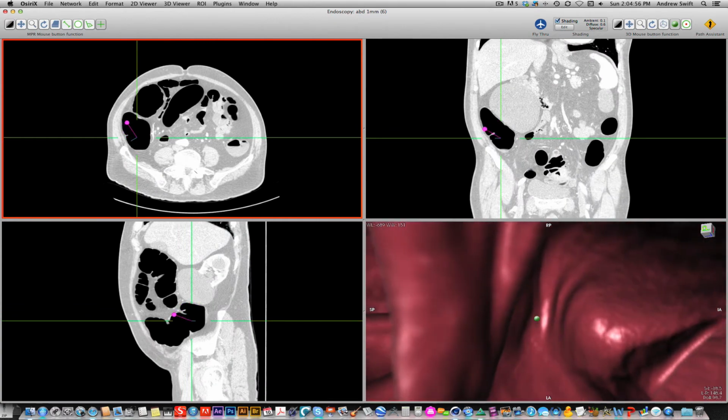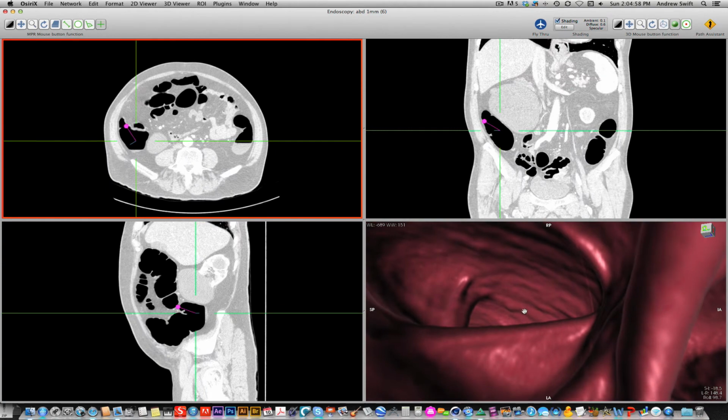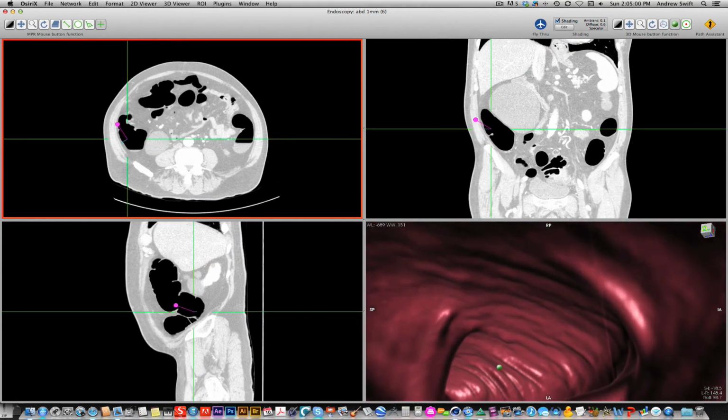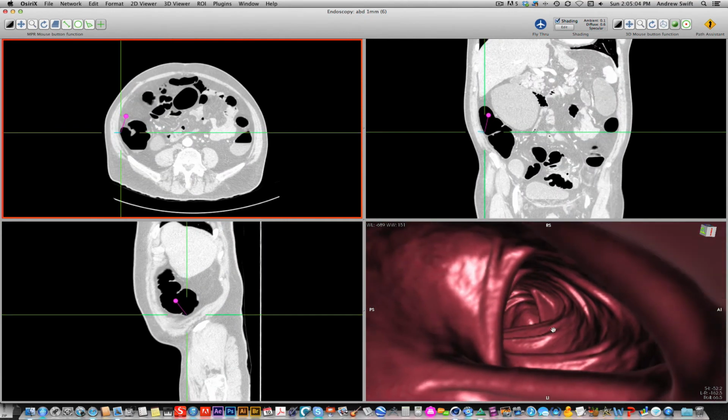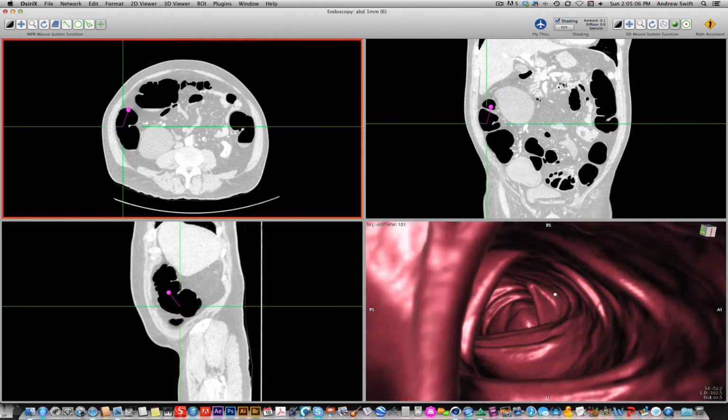But this is the endoscopy feature, and so now we're crawling around through this guy's bowels. Charming. There we go. And so now we're looking up this way, right? And that's it. So that's how you do the endoscopy viewer